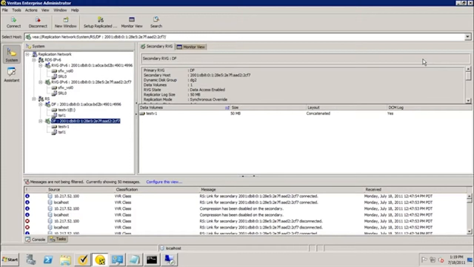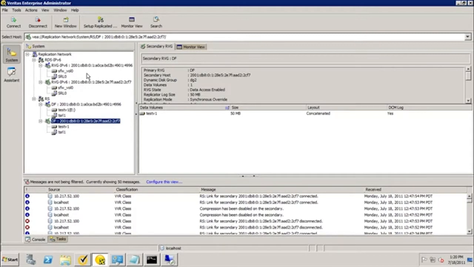The compression option can be enabled on a per RLink basis through CLI or GUI. This will get persistently stored along with other RLink properties by VxConfig. During the NMCOM connection handshake with the secondary, this information will get exchanged. If both sides have compression enabled, the primary will generate the compressed data during the sending of any update. So let's quickly see how to enable compression from the GUI.